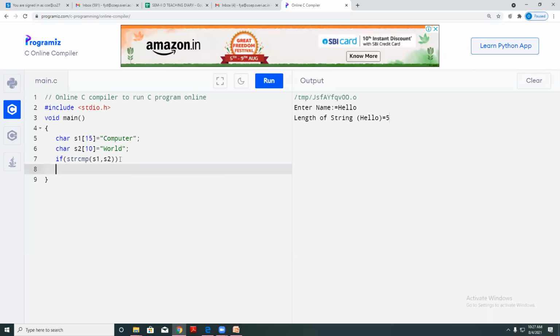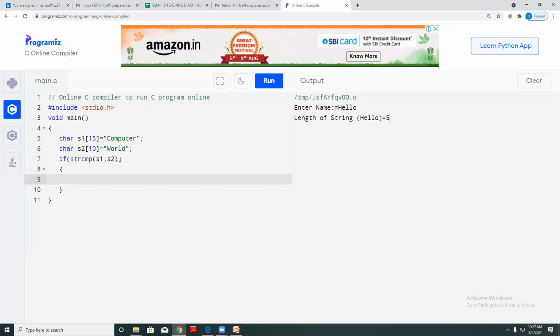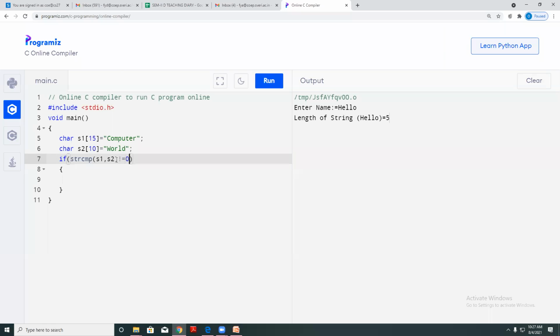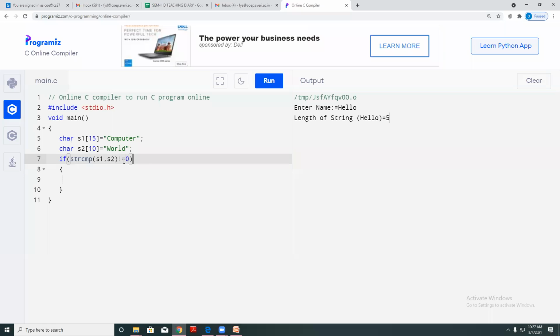So if this is true, not equal to 0. Okay, if it is not equal to 0, that means if it doesn't have the exact match, then I will print the message, printf, I will print the message as the strings are not equal, s1 comma s2.